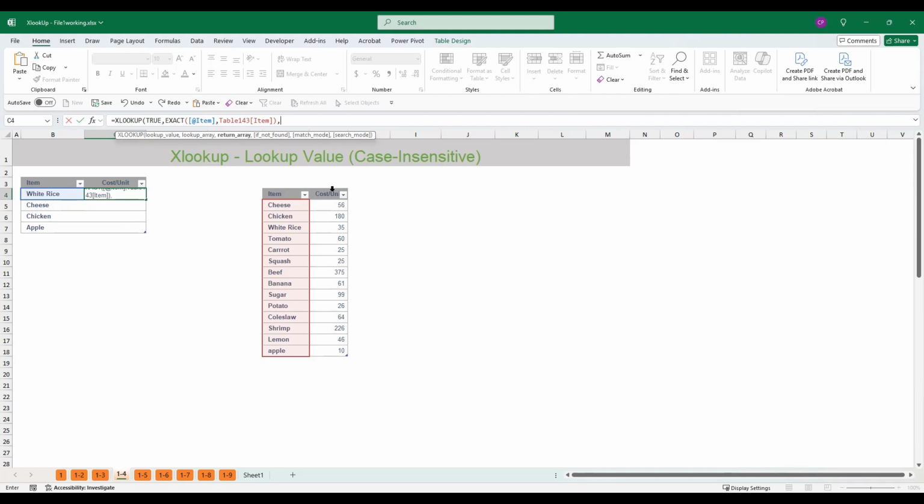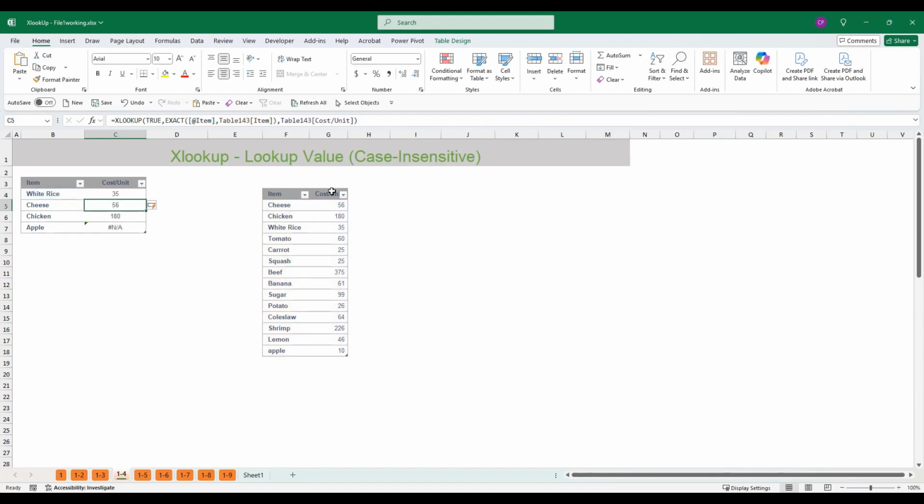Our return array is the cost per unit. That's it. That's our formula. Close the formula, click enter. All right, so we're not finding Apple with a capital letter A because our apple here is a small letter a. So we don't have a match for this Apple here.